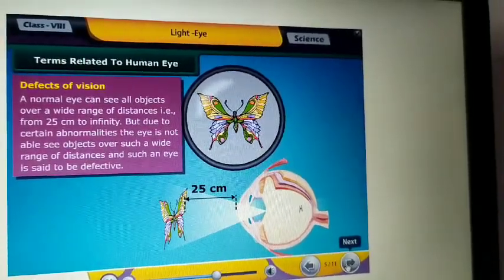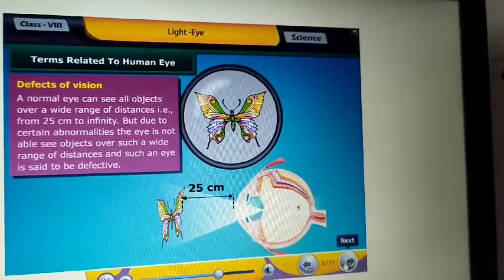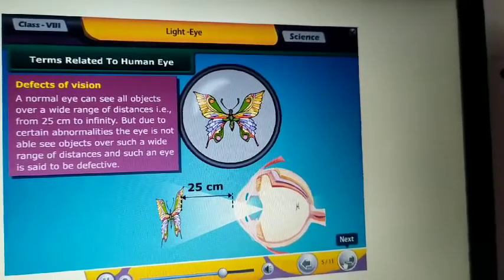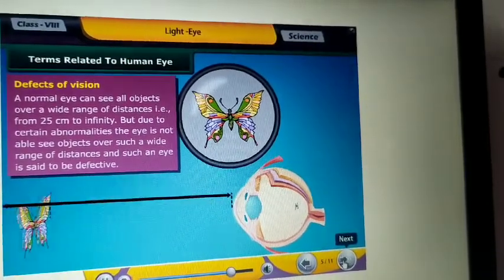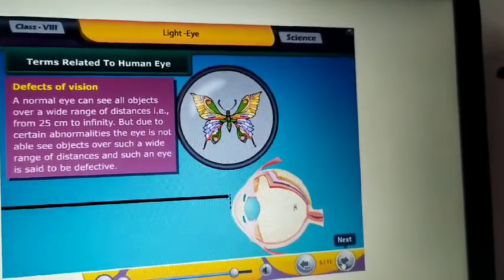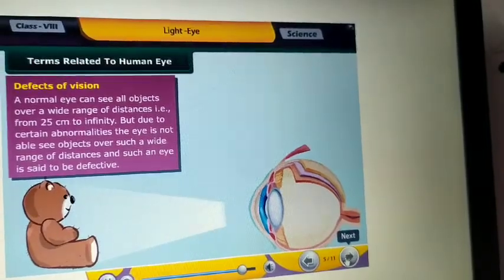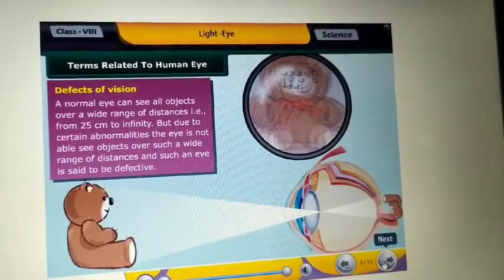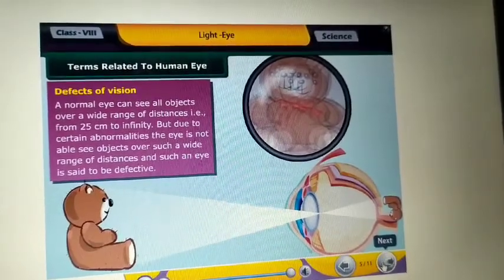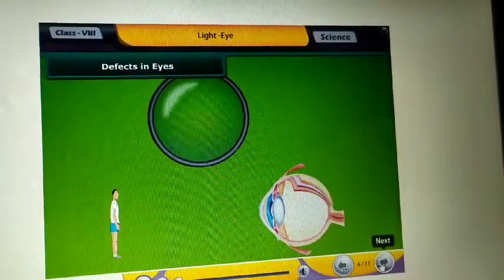Defects of vision. The normal eye can see all objects over a wide range of distances, that is, from 25 centimeters to infinity. But due to certain abnormalities, the eye is not able to see objects over such a wide range of distances, and such an eye is said to be defective. Some of the defects of vision are